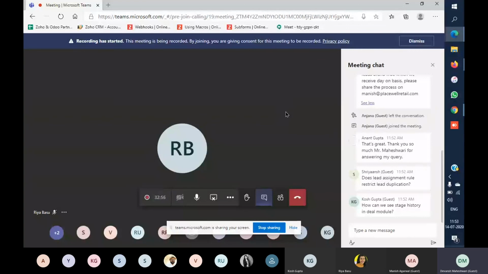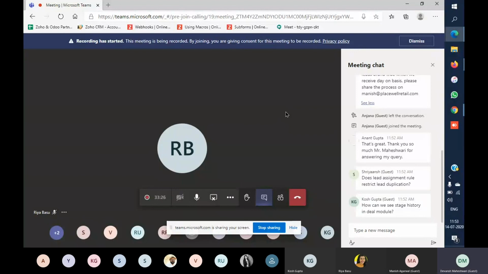For example, if a lead is coming from India Mart, we have already set up a particular salesperson and a particular workflow rule that if any lead comes from India Mart, then that lead will go to ABC person, and if that lead comes again from that social media platform, then CRM will restrict that lead, and it will not create a duplicate lead.